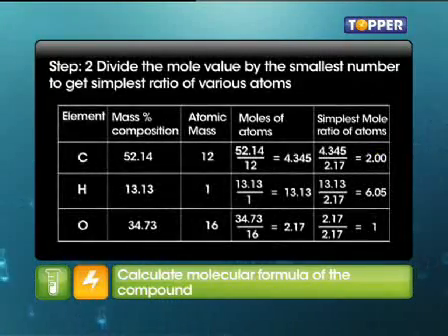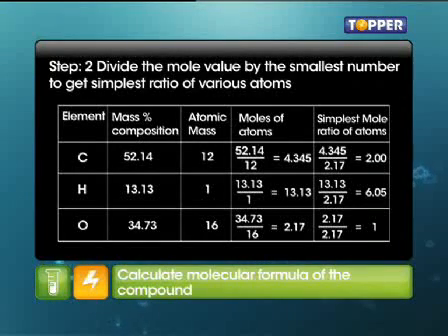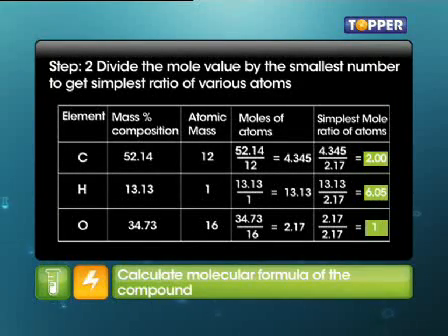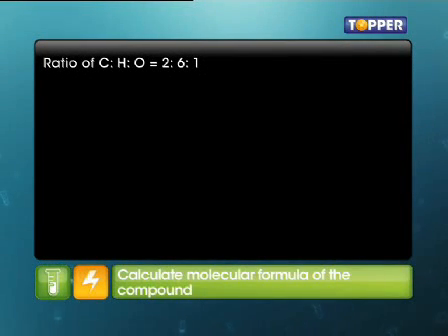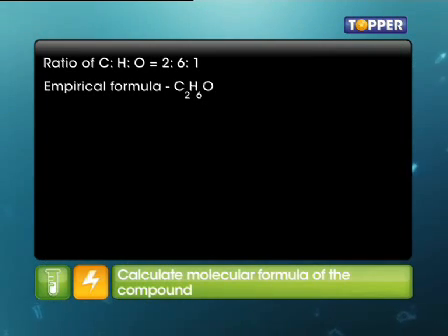Second step involves the division by the smallest mole fraction to get the simple ratio. A third step may be required in some questions involving the conversion of the result of the simple ratio into whole numbers. This is done by multiplying with a suitable coefficient. Thus we come to know that the ratio of carbon to hydrogen to oxygen in the compound is 2:6:1. So the empirical formula is C2H6O